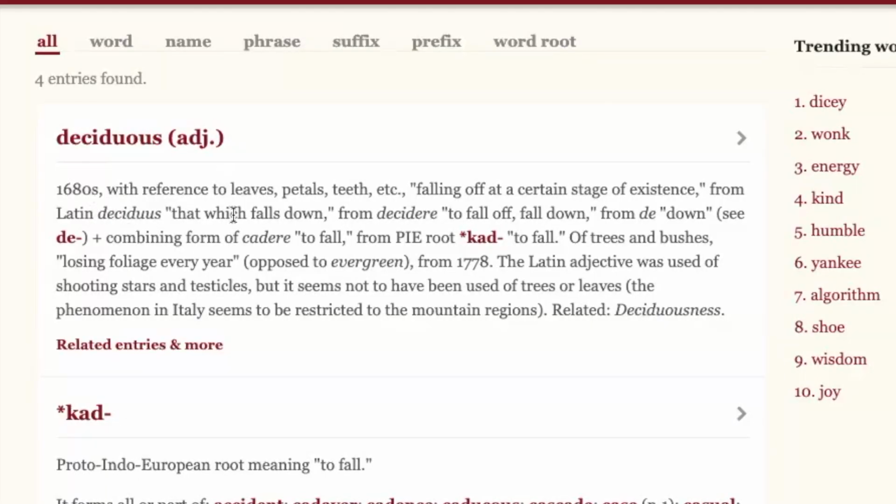That's the Latin word. That which falls down. From decidere, to fall off, fall down. From de, down, plus the combining form of cadere, to fall. So at any point, you could look up any one of these Latin words, but I like to go to the very end of where